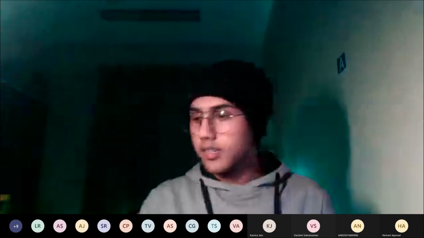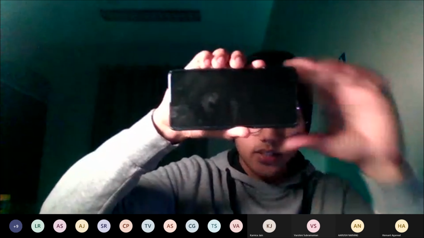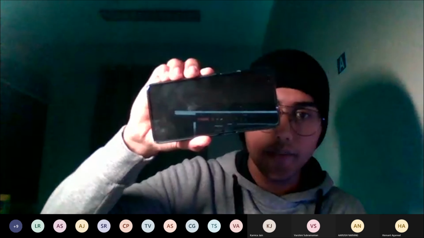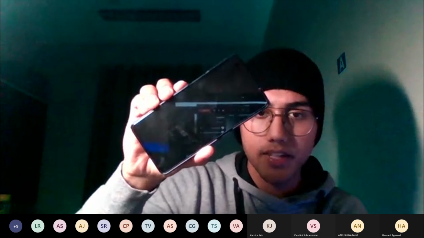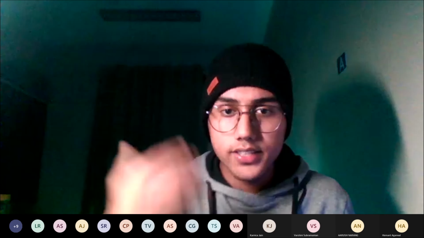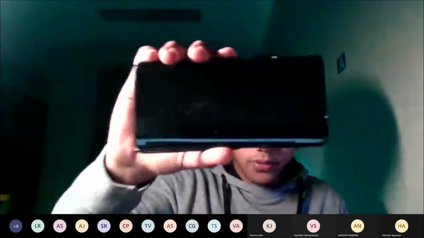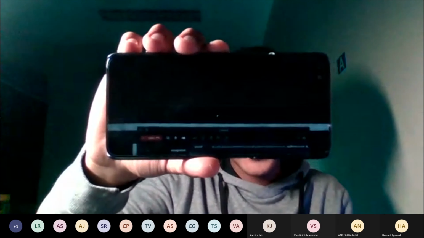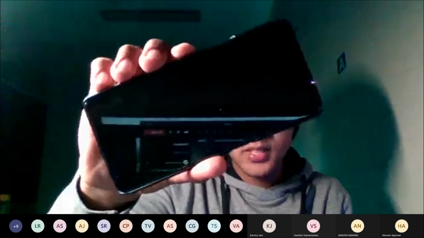Let's assume that my phone right now is the video clip, and consider my whole video as your preview window. As soon as I change the angle, the video clip changes. If I increase the angle, it goes something like this. If I decrease the angle, it will go in the opposite direction.